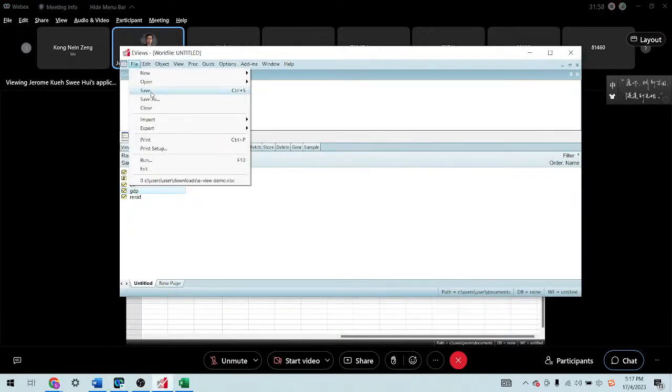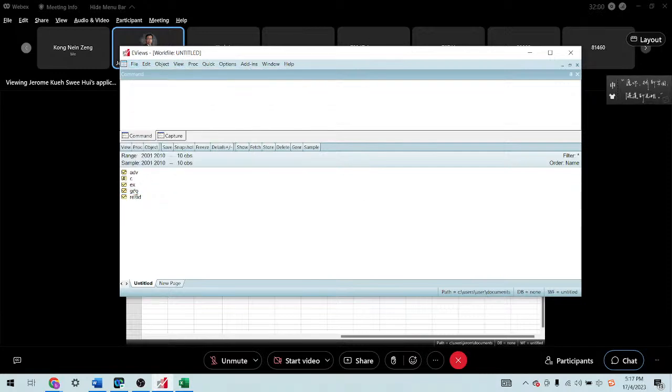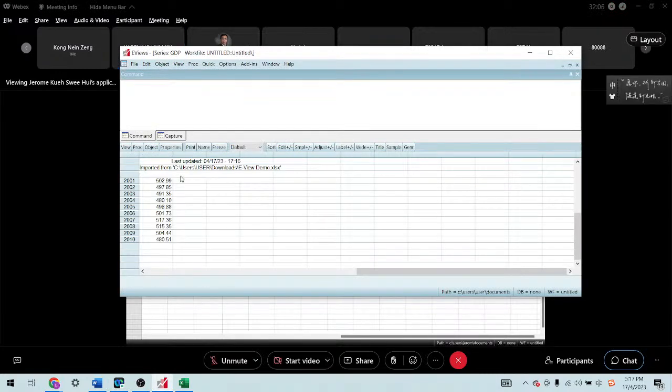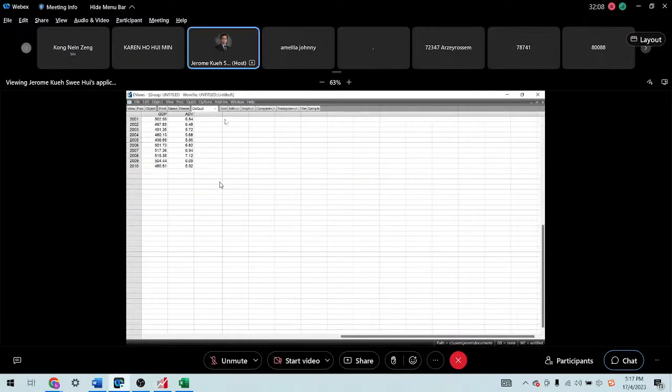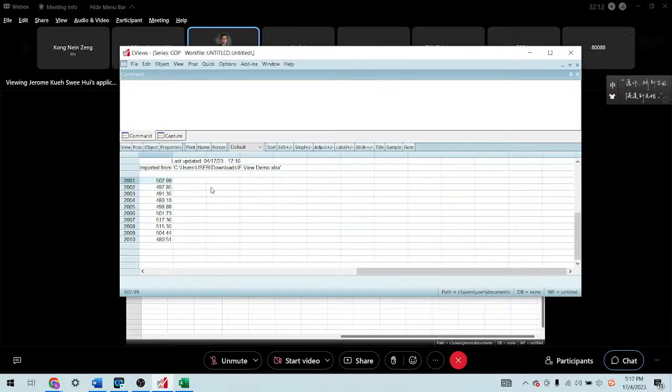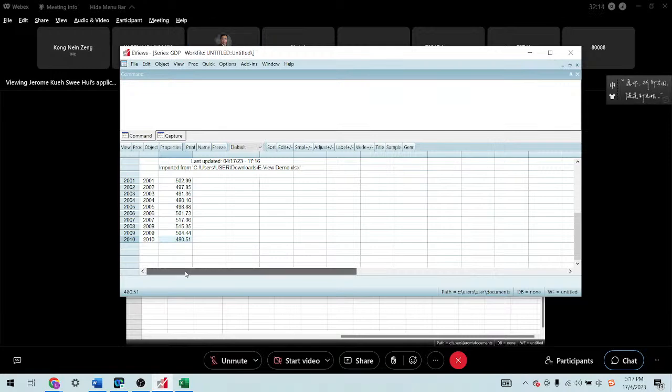Okay? So this is how it looks like, exactly like the one you observe from the Excel file. Okay, so it's very simple, I guess.